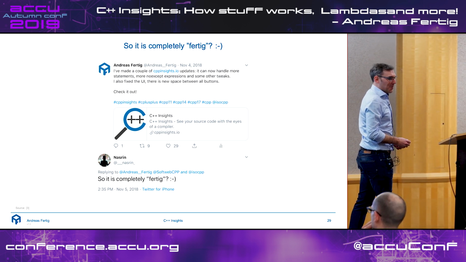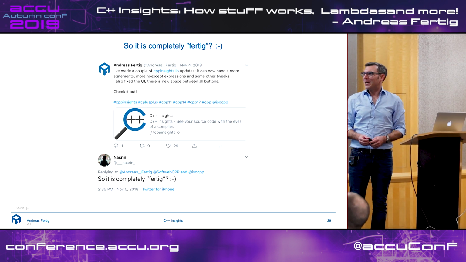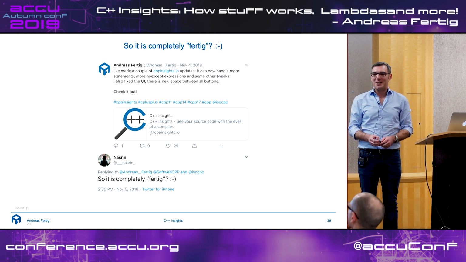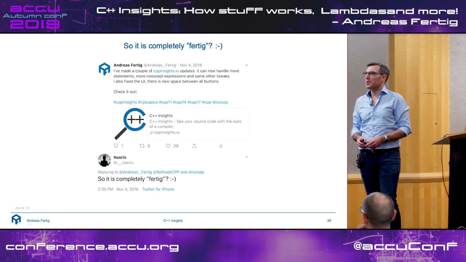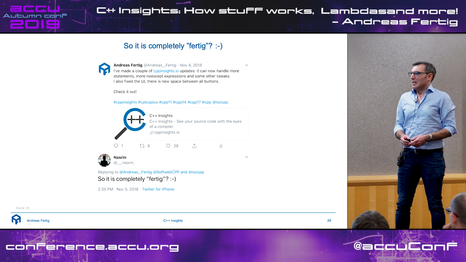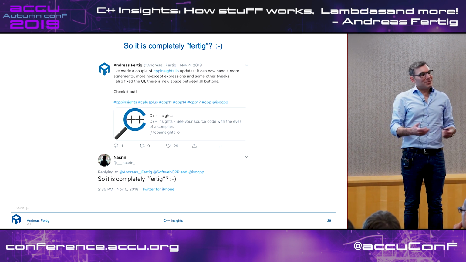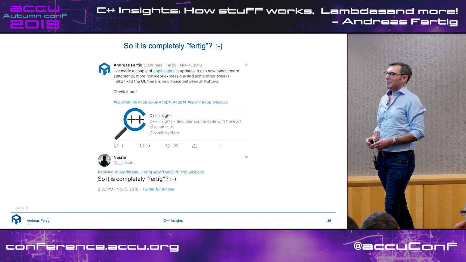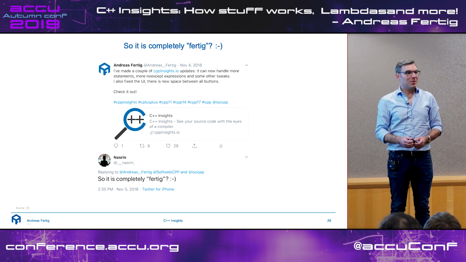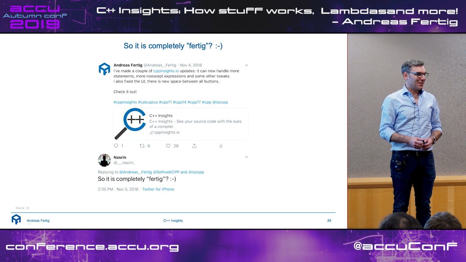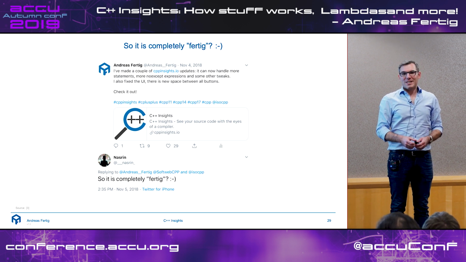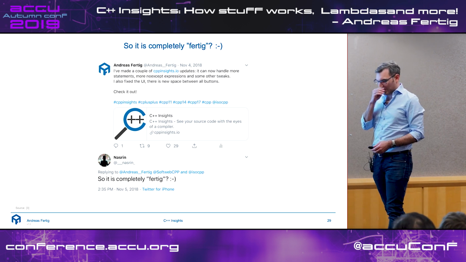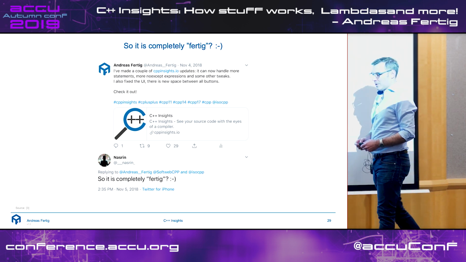There are a couple of things with C++20 that need to be added, and we will probably add more stuff in C++23, so there's still work to do. It still maybe has some shortcomings or some statements which are not supported, so probably there will be some further development on that.